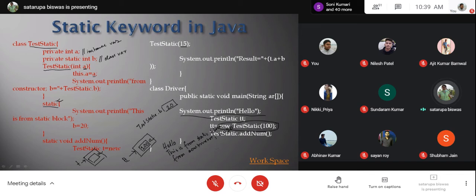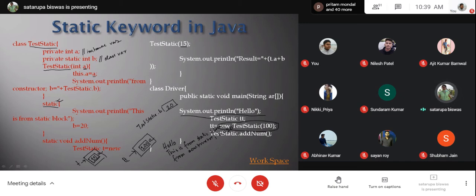What is the value you are setting to this inside addNum? 15. Right. So you set 15 to this.